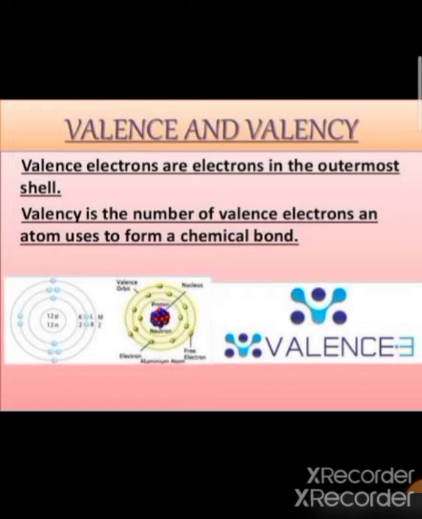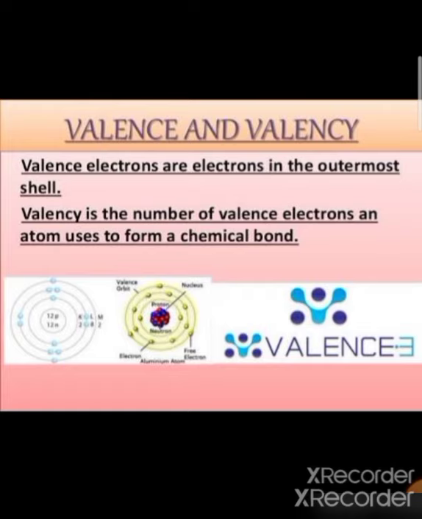Just like hydrogen. Atomic number 1, configuration is 1. In the outermost shell of hydrogen, 1 electron is present. So the number of valence electrons in a hydrogen atom is 1. So what are valence electrons or valence shell electrons? The total number of electrons present in the valence shell of any atom is known as valence shell electrons. Valence electrons are electrons in the outermost shell of any atom.